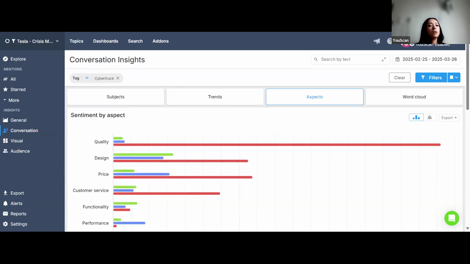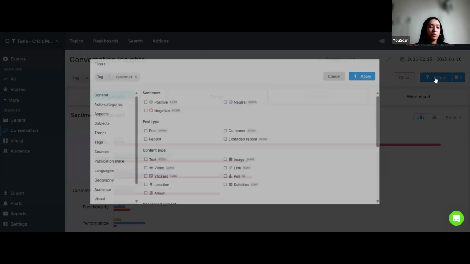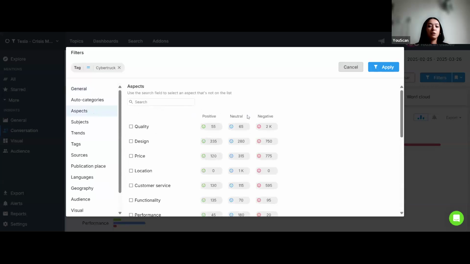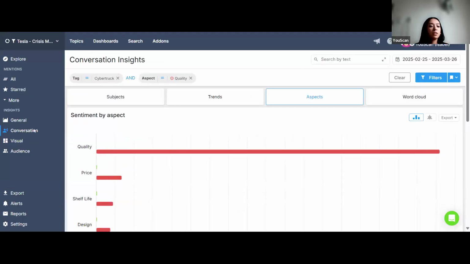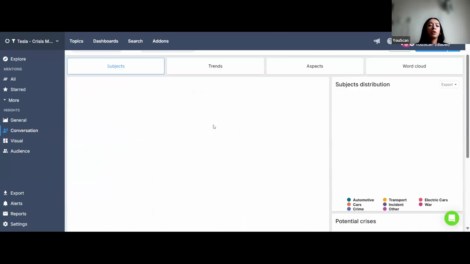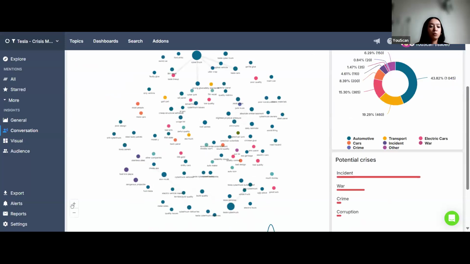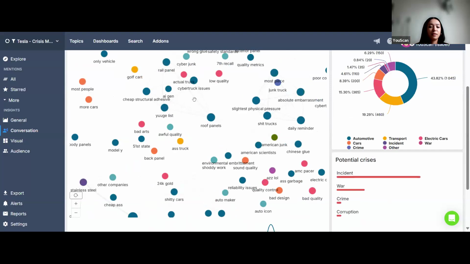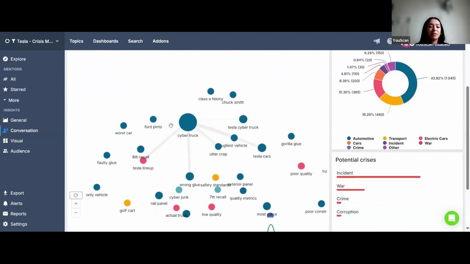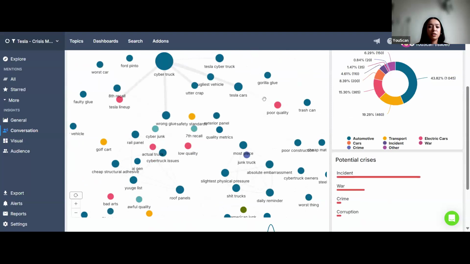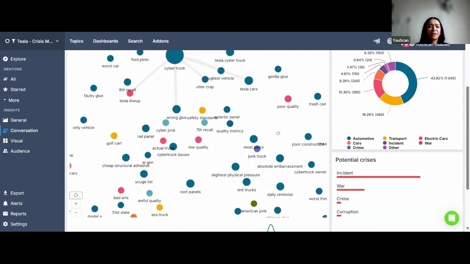I want you to understand what the main conversations surrounding the quality of Cybertruck models are. I can go to filters, I can go to aspects, I can filter only the negative quality mentions about Cybertruck. And still here in the conversation insights, we have this tab, which is called subjects. With the subjects, we can monitor the main conversations, the conversation clusters around the negative quality of Cybertruck models. And we can zoom in on this data and have this distribution. What are the main conversations? So poor quality, trash can,